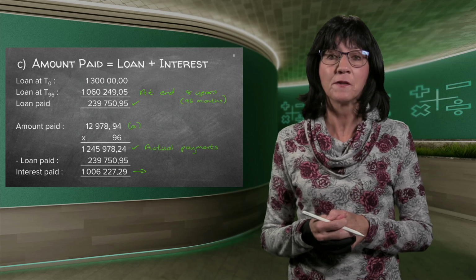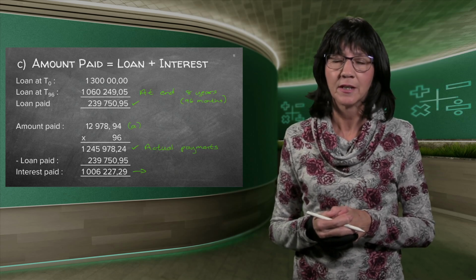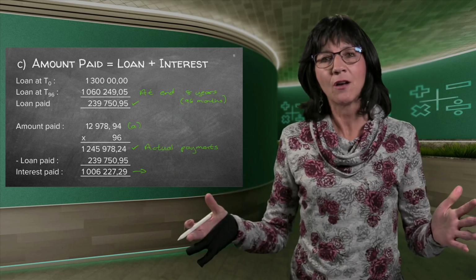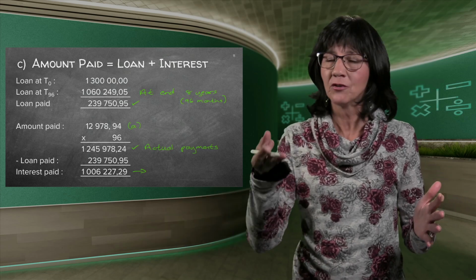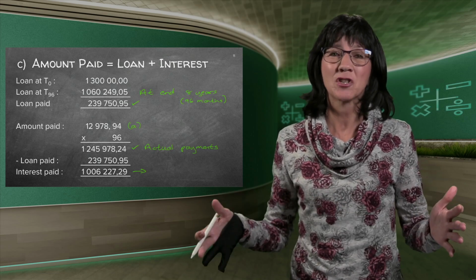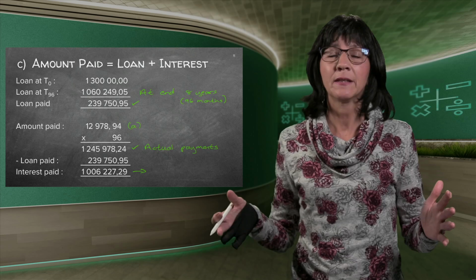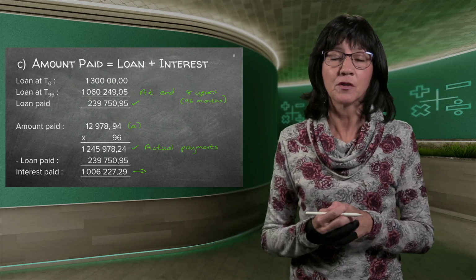So the interest that you physically paid in those 8 years only is already 1 million Rand. And that is why, if you buy a house, in the end you pay for the house 3 to 5 times. It depends on the interest rate. It depends on the amount of years you've got. But if you work it out, when you take out a loan, you are actually paying that amount double, triple, 5 times because of the interest.